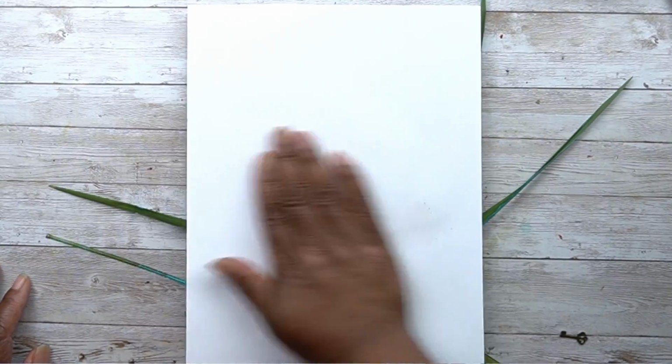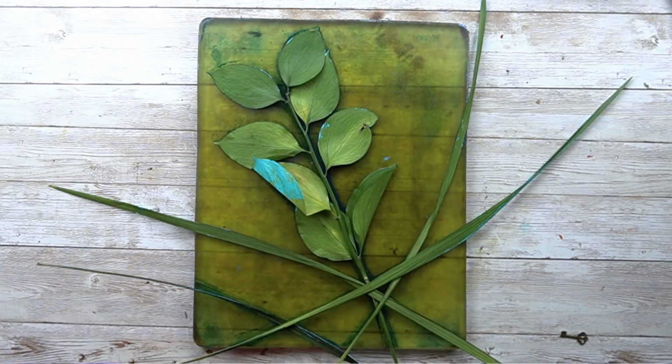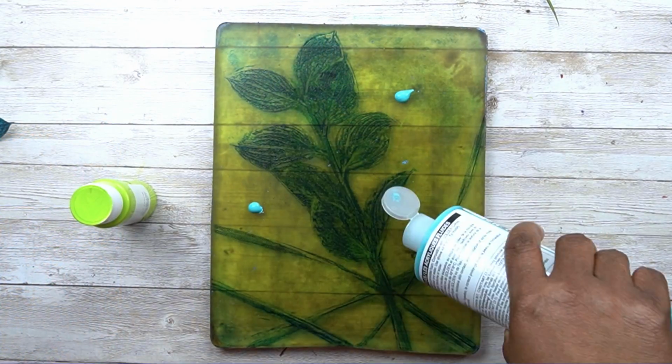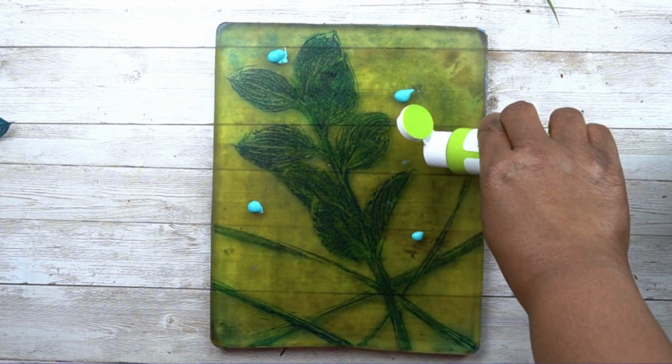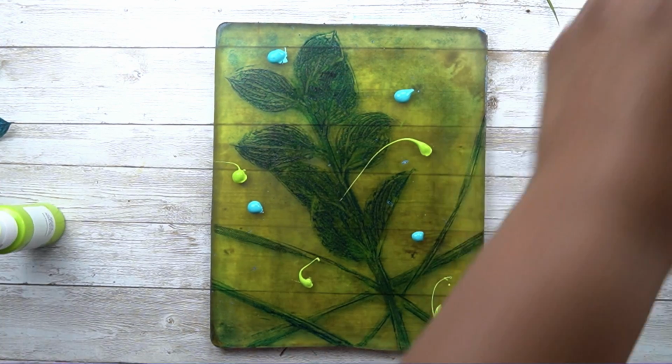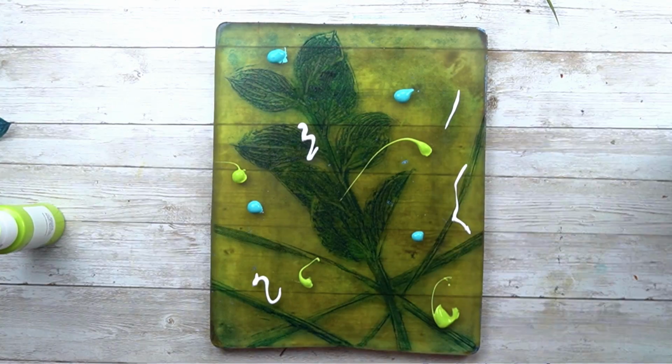So with this, I'm just pulling a little bit more of that Prussian blue off the background, and look at what I have left. That's a pretty detailed print there. And as I said before, this is my favorite part. This is the ghost print, and I'm using some chartreuse and some teal and a little bit of white to